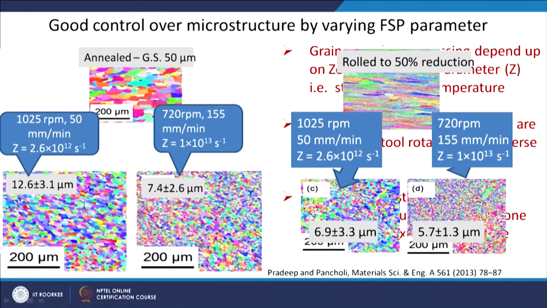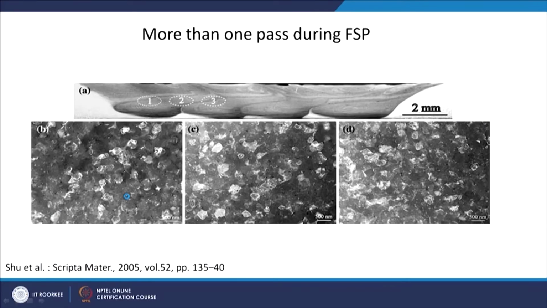The grain size achieved in case of higher temperature deformation is more, whereas in a lower temperature the grain size is fine. Now, another advantage of FSP is that by doing multiple passes I can extend the area of deformation. In one pass I can only affect maybe the area of around pin size. If my pin size is around, let us say, 6 mm, the area affected will be around 6 mm or so.